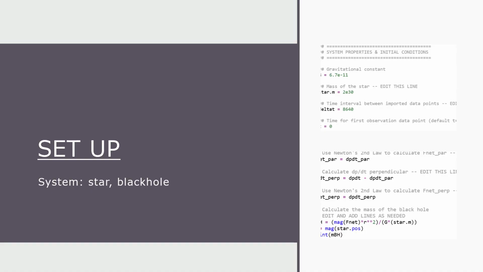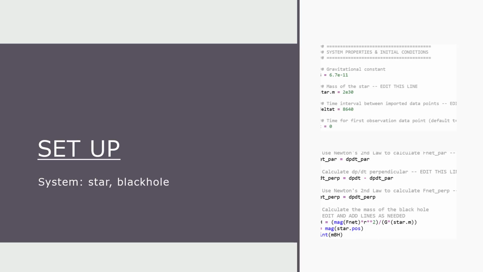The setup for this: our system was the star and the black hole. I have my code here. Some of it got a little bit cut off, but these are the initial conditions I have. I have the star's mass, my delta t, my initial time, which is t equals 0, and my gravitational